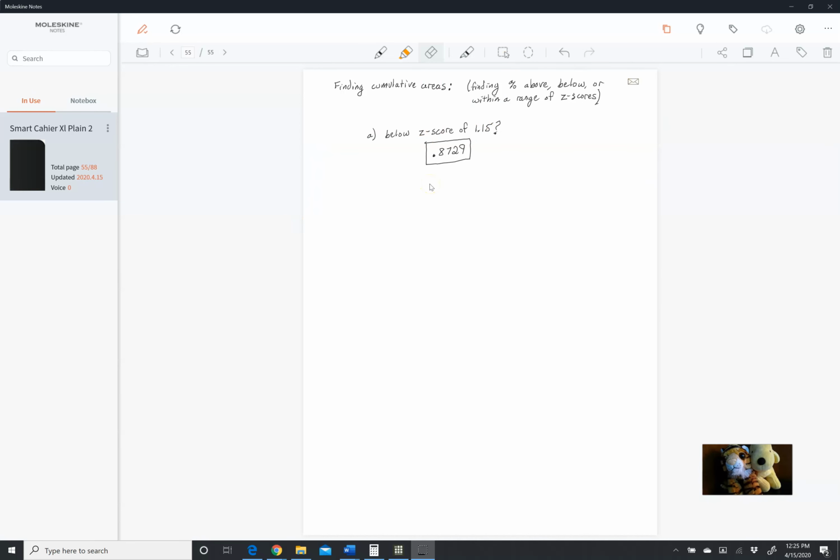It's always the same. So we have been working with a mean of 305 and a standard deviation of 40. If we had been working with a mean of 20 and a standard deviation of 2, we would get the same answer if we were 1.15 standard deviations above the mean. Okay? Let's say that